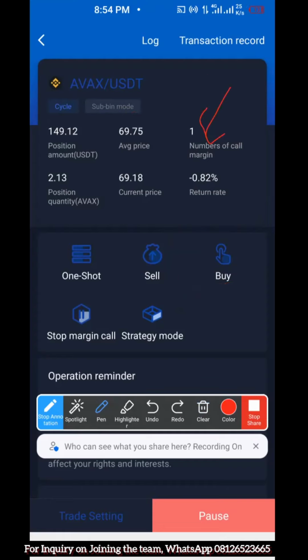Now, what is a margin? You're telling me that at this point, I want you to buy. At this point, I want you to buy. Now, the distance between 100 and 50 is a margin. So it dropped from 100 naira to 50 naira, which is a particular margin, and the robot bought 2 bottles of Coke for you. So it means you have 3 bottles of Coke, each one at